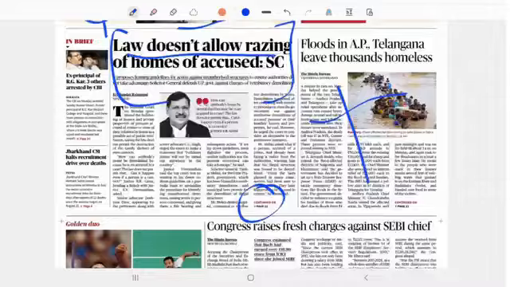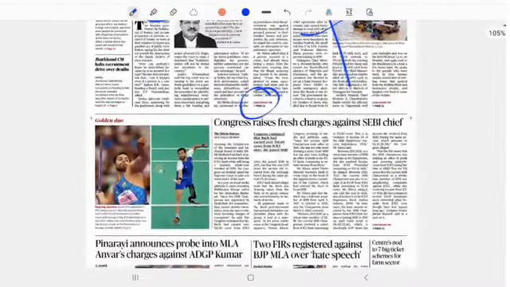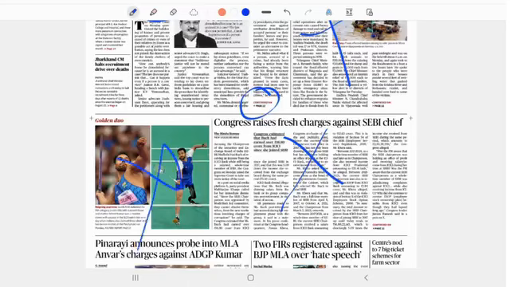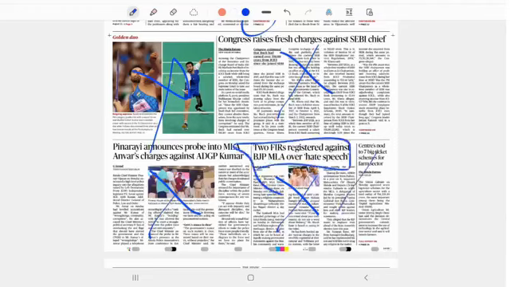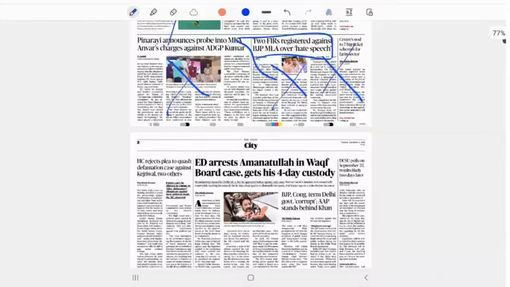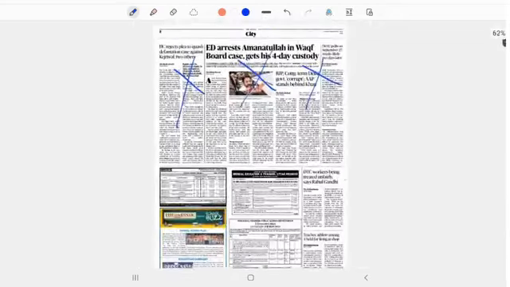This is also not important. Congress raised fresh charge against CBI chief. This is also not important. This is also not important. Not important. BJP MLA. This is not related to UPSC. So avoid all these things. And ED arrest, this is also not interesting. This is also not interesting. So from the UPSC perspective,